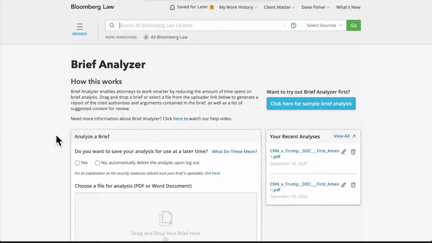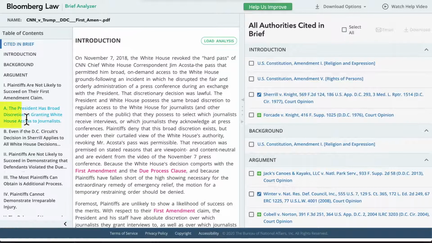Using artificial intelligence and machine learning, this tool accelerates research by enabling an attorney to upload a brief, and in return, get a report of cited authorities, referenced points of law, potential red flags, and recommendations for additional primary sources and analysis. We already have our brief uploaded, so let's click into one of the arguments from our table of